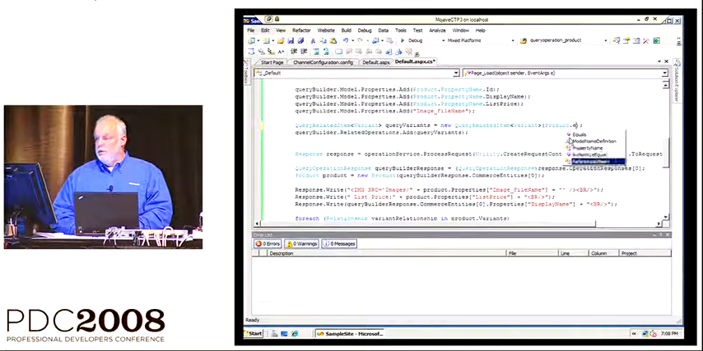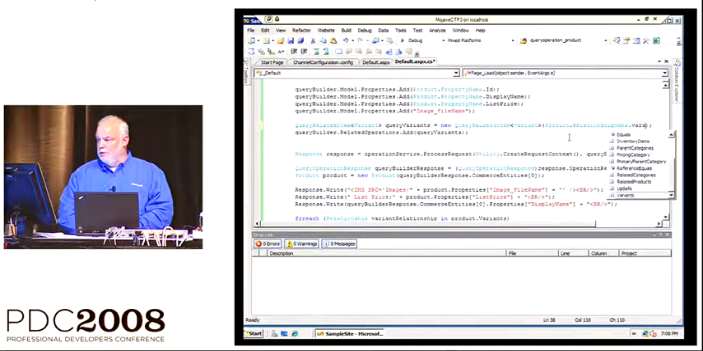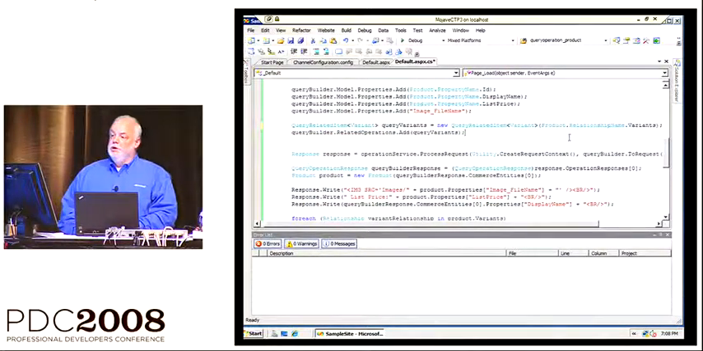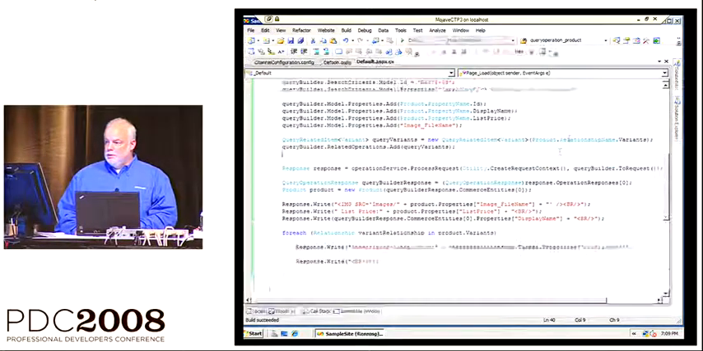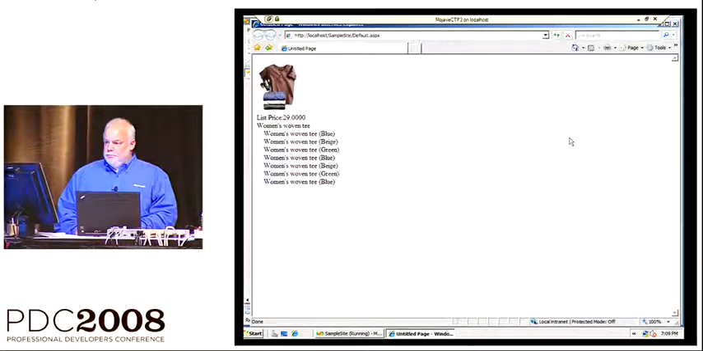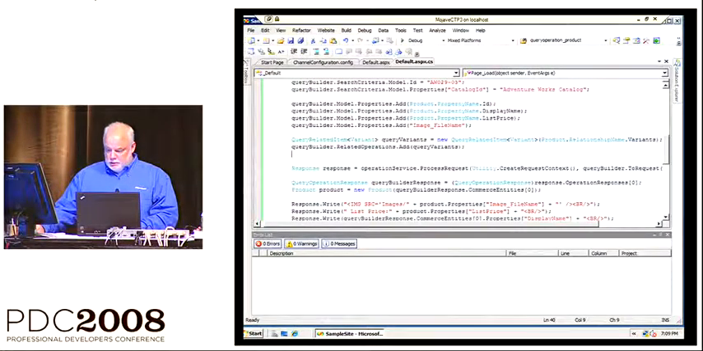Relationship. I have to tell it which relationship that I actually want. Aha. So as part of knowing the fact that I want a relationship, I have to know which one it is. So now if we run it, we actually see that I've got products, I've got my price, and then I've got a list of variants that I've also returned. So now we're going to take that just one step further,